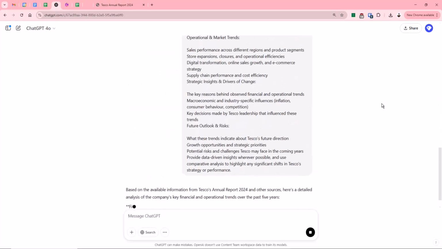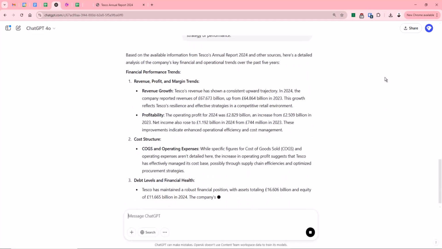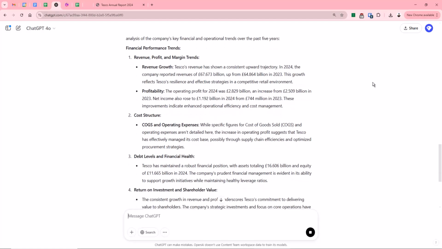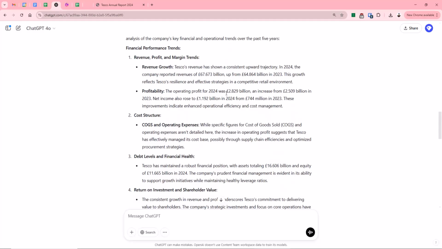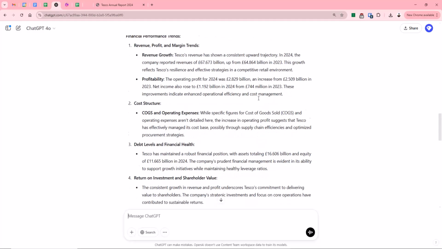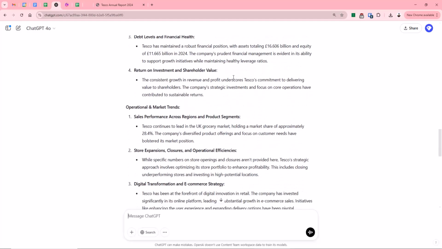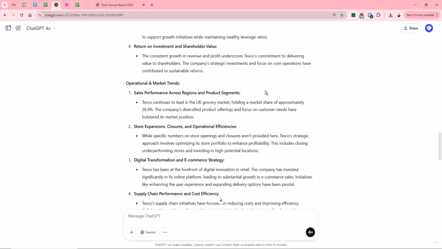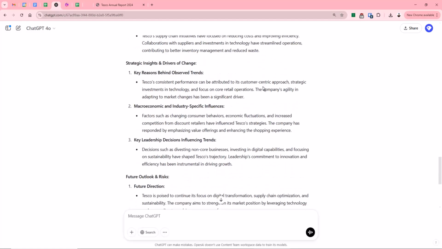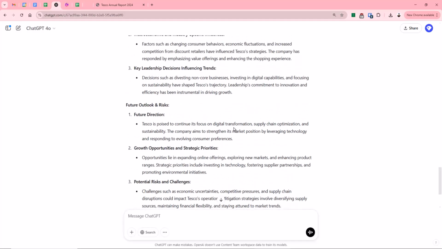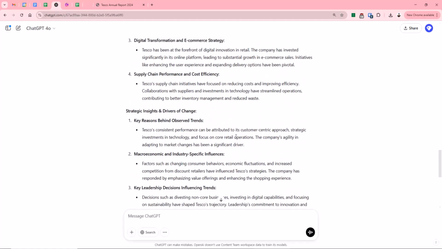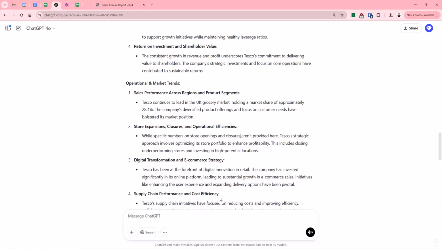So you can see it's now going to read and extract key information here. It's talking about its revenue growth, it's talking about its profitability increase, talking about its financial levels, its debt levels, maintaining a robust financial position, etc. And this is all great as a highlight. It's giving us information there about the future outlook, about its potential opportunities. But maybe we want a little bit more information. It's just giving us high-level results at the moment.